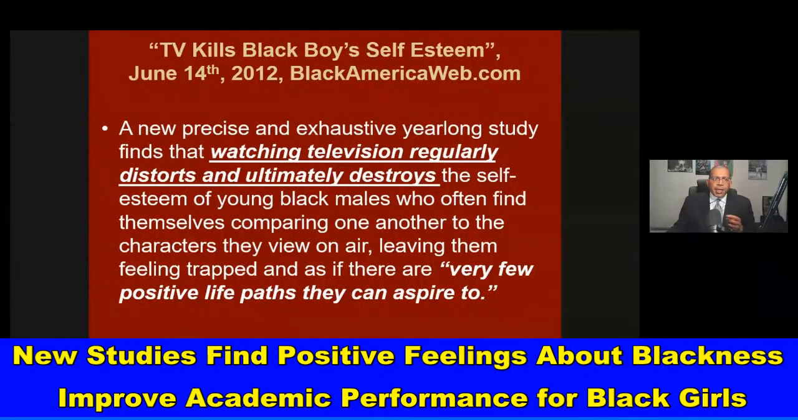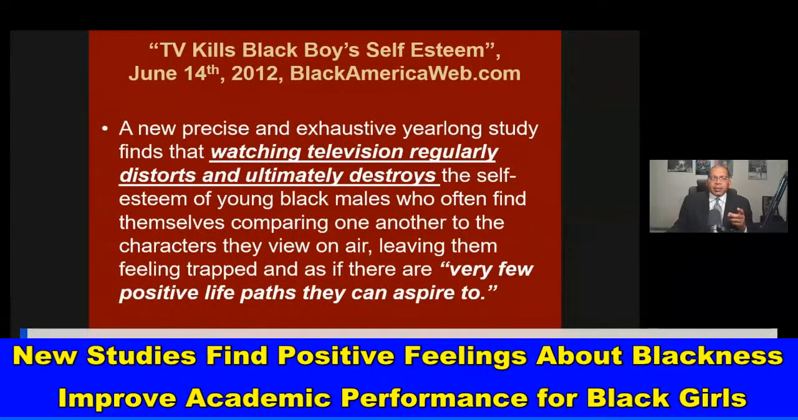Now, this article here from blackamericaweb.com from 2012 dealt with a study that showed how TV watching kills Black boys' self-esteem. Excessive TV watching kills Black boys' self-esteem. A new, precise, and exhaustive year-long study finds that watching television regularly distorts and ultimately destroys the self-esteem of young Black males, who often find themselves comparing one another to the characters they view on air, leaving them feeling trapped and as